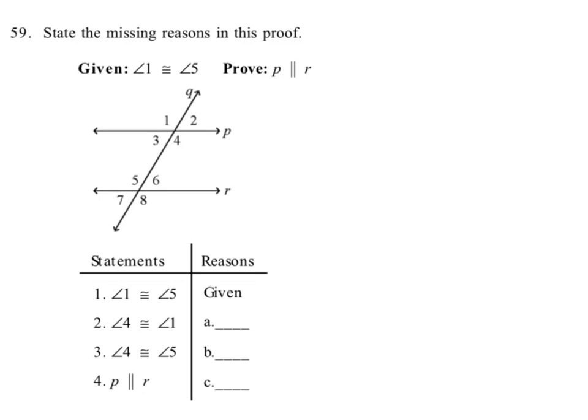Okay, we're stating the missing justifications for this proof. We're trying to prove the lines parallel, and we are starting with the fact that they're giving us that angle 1 is congruent to angle 5. Okay, so that's given, and interestingly, we already could just straight away jump to that because of the converse of